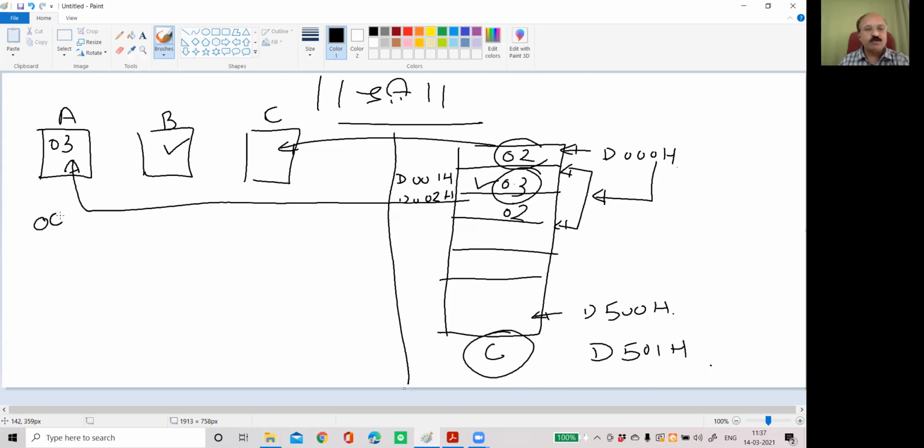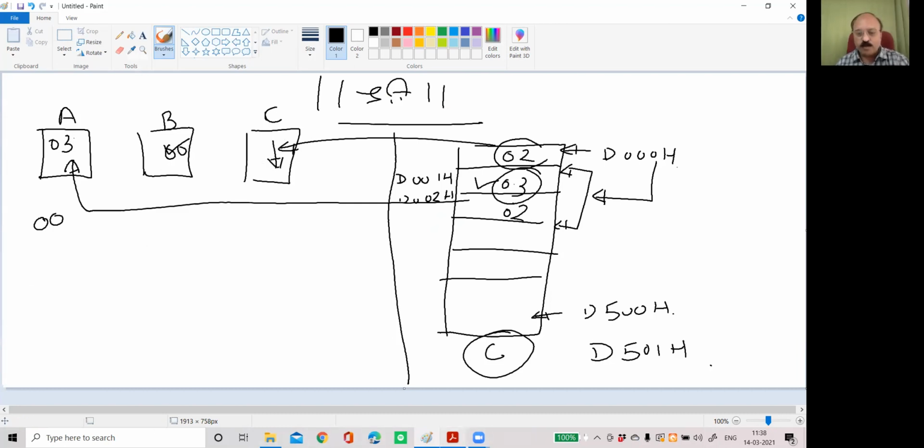So previously it was 00. So 00 plus the content of D001, that is 03, will be added and it will be stored in accumulator as 03. Then check if the carry flag is set due to this addition or not. If carry flag is set, it will be stored in the B. If not, then it will be 00. Carry flag will be incremented by 1. Once it is set, counter will be decremented.